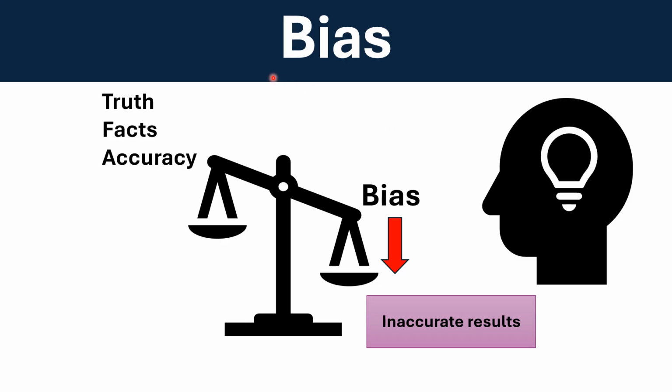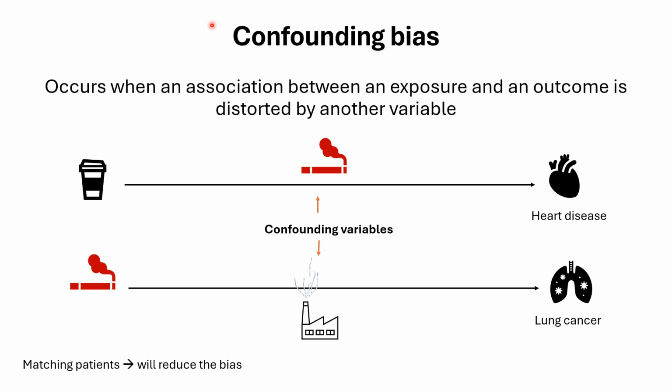Bias. Bias is simply constant errors or systematic errors in a study design or data collection. And because of these errors, you will have inaccurate results. Our goal in this presentation is to learn about common types of bias and how to avoid them. Confounding bias. Confounding bias is bad, and we have to learn about it to avoid it in any